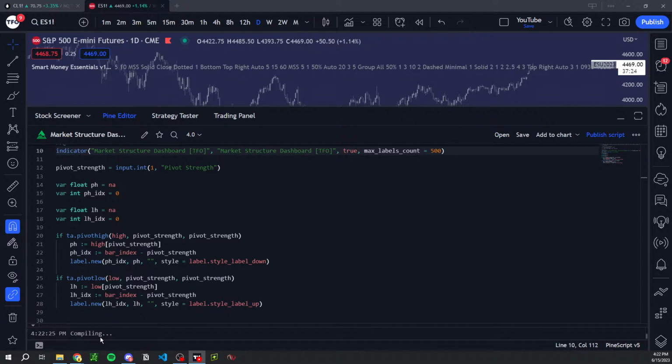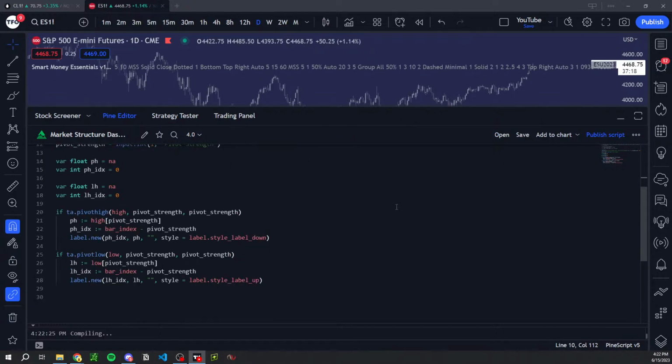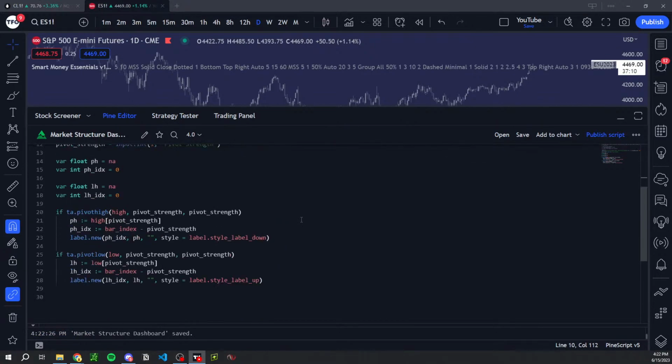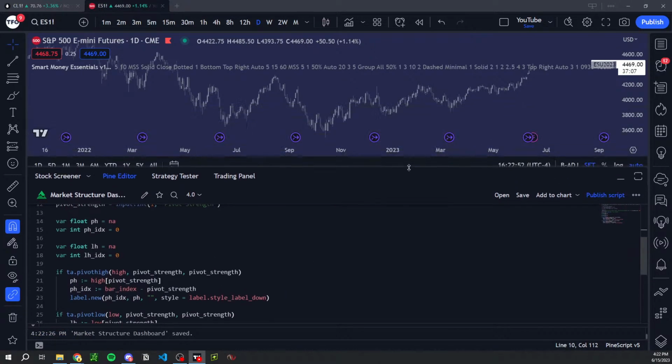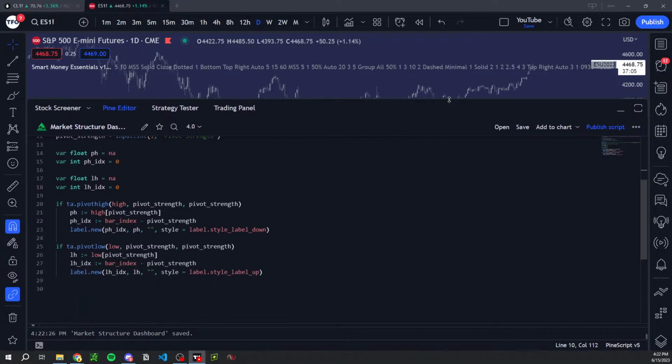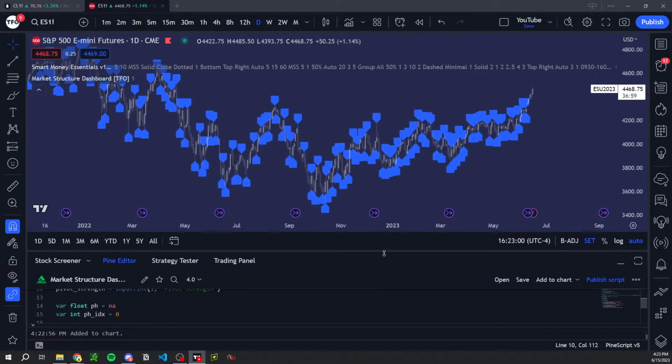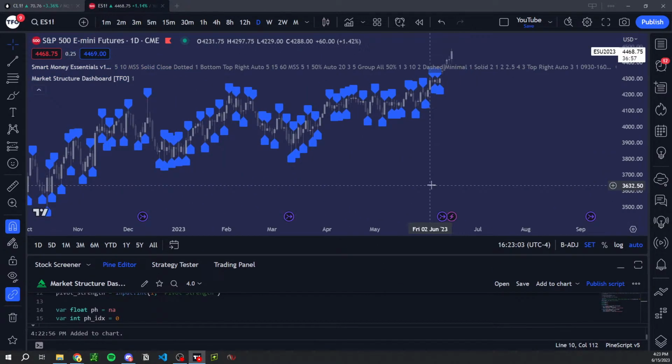Compiling, just waiting. Come on. Nothing's being, oh, add to chart. Whoops. Okay. Yeah, so now you can see what I'm saying with it being every single pivot